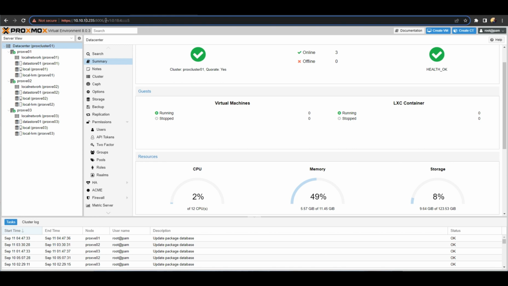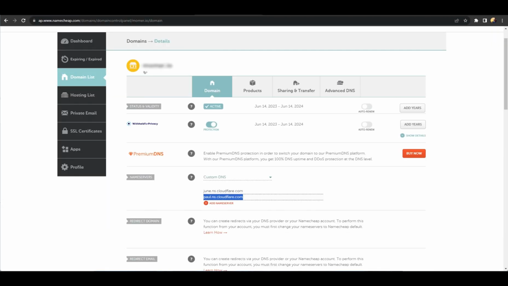Now, to configure it over the internet, once I have the domain name and the Cloudflare account, I can start the configuration of my Cloudflare tunnel. So first things first, if you have the domain name, for example, in my case, I have my domain registered on Namecheap. So go to domain